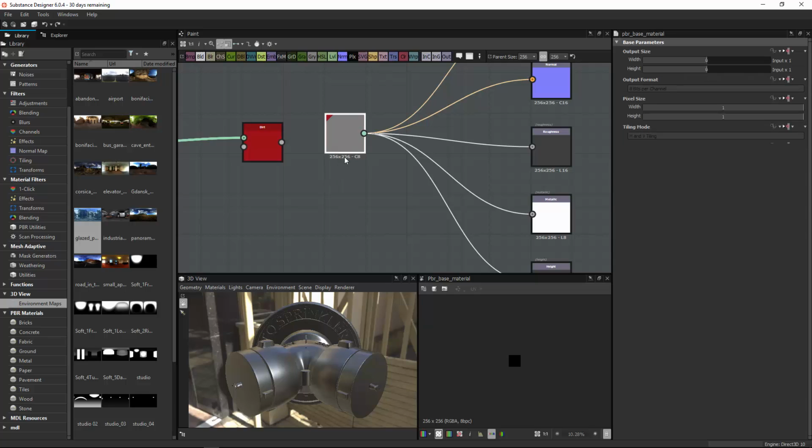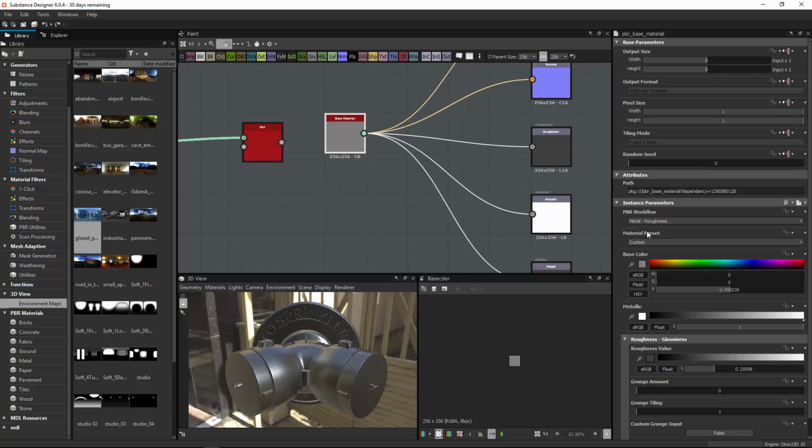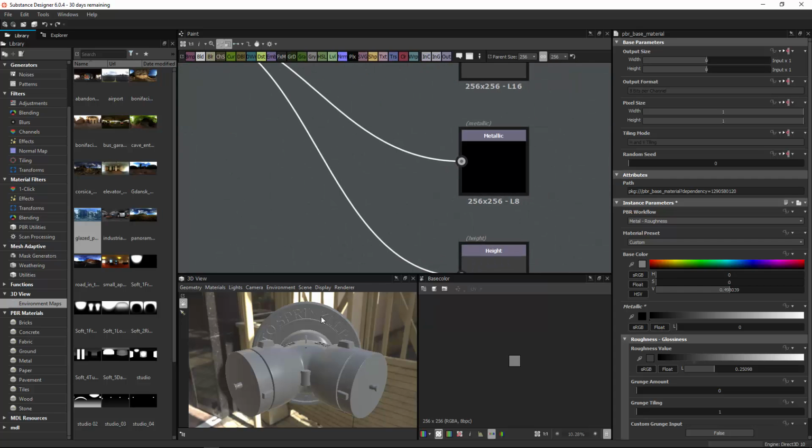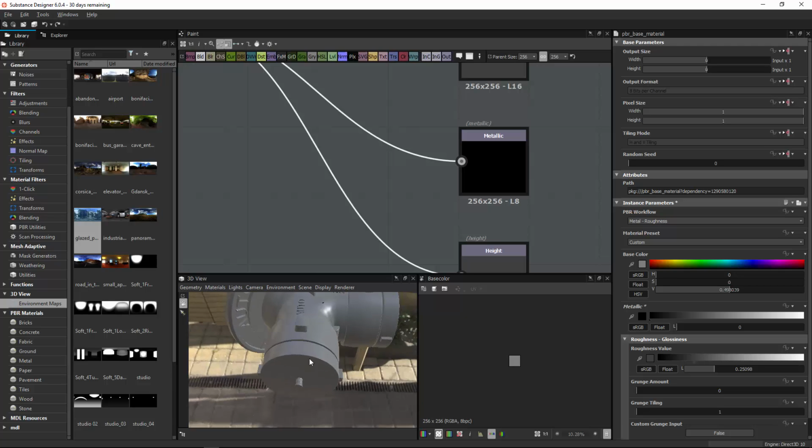So let's create first a rough paint. So the PBR workflow is metal roughness, and we don't want to have any metallicity. So what you do, you just disable metallic to be off. So black, which means no metallic, and you can see there is no metallic contribution. So this is now a simple